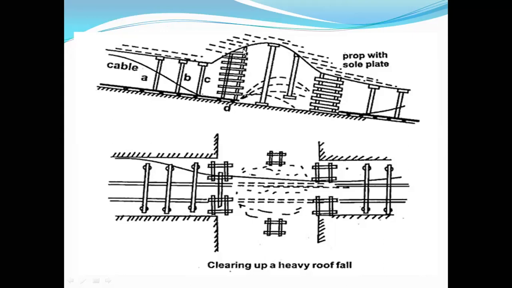Here, in the heavy roof fall area, soon after clearing this, gradually, first we need to erect some kind of crossbars or chock supports here, at the junction, and this junction side also, this side also. Once you make this entire area safe, then you clear out everything so as to restore the work. This is the procedure that will be carried out.